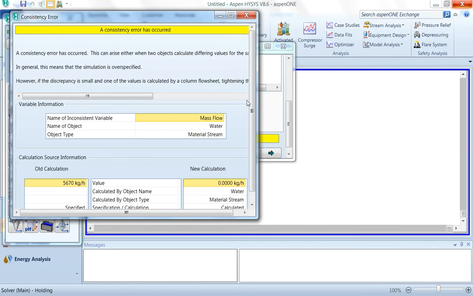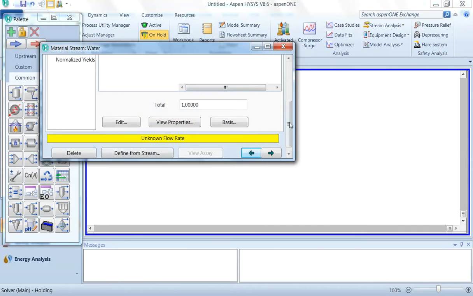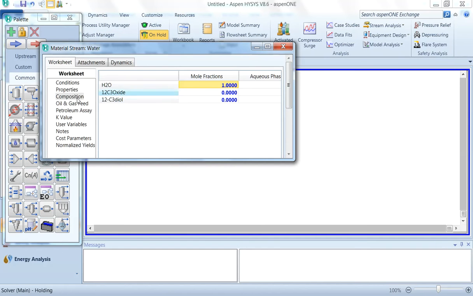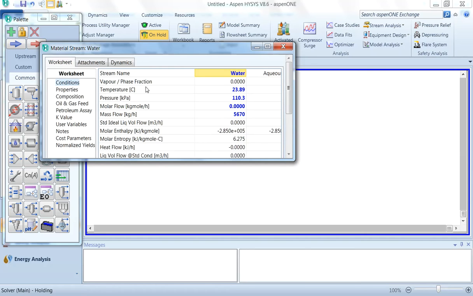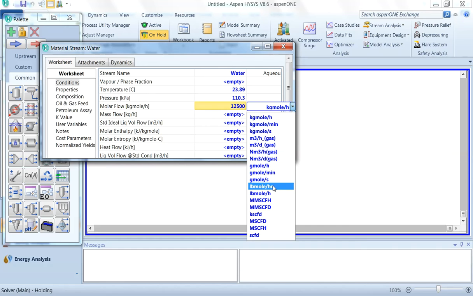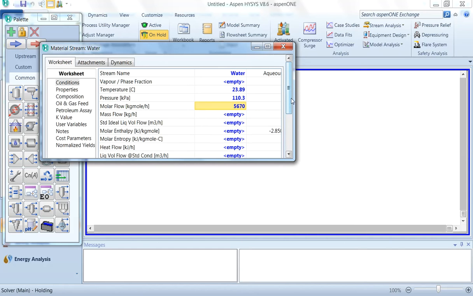Click OK. Now it is showing some error, that means our flow rate is not right, so we will select here flow rate. Instead of pound per hour, we will select pound mole per hour. Select pound mole per hour,